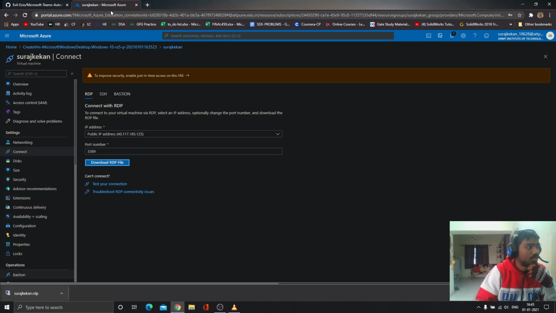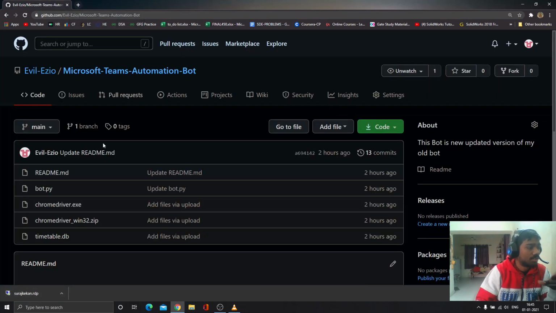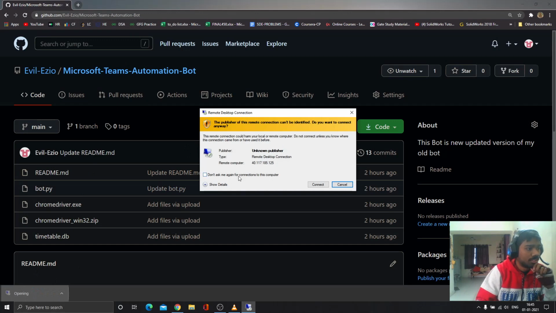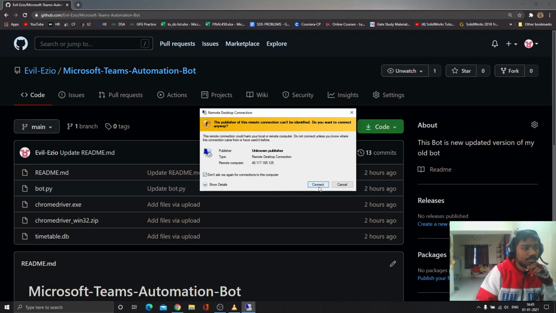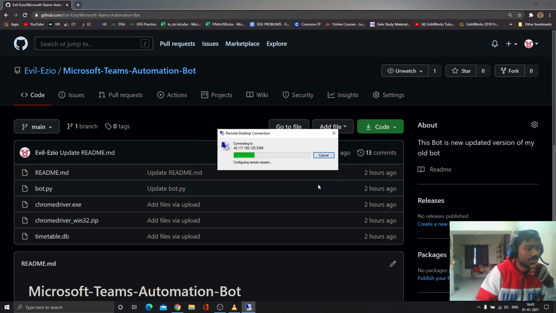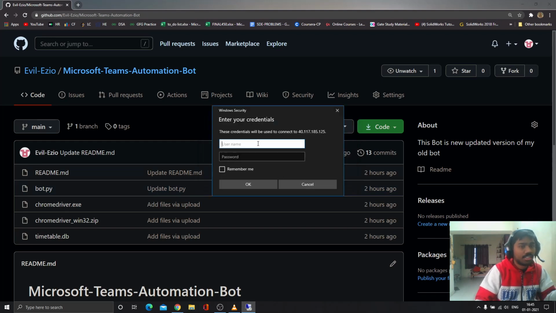Now you can close this tab and open the file which you have downloaded. Please check "Don't ask me again for this connection" on your computer. And here you have to put the same user ID and password which you entered on the web.